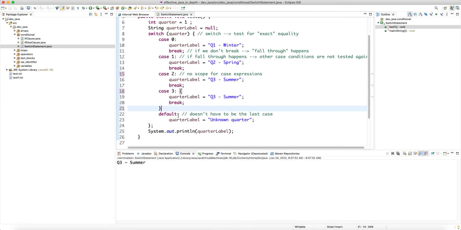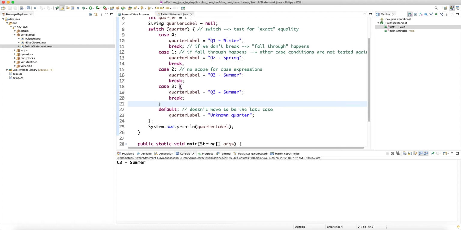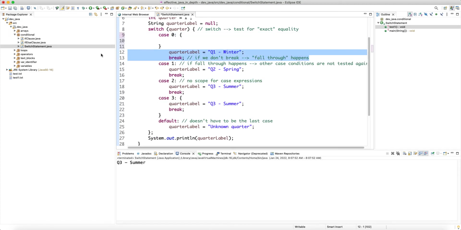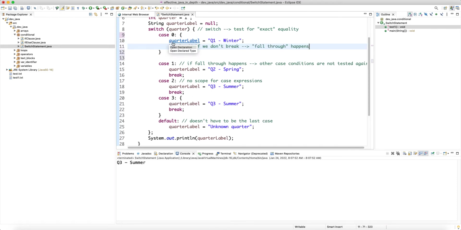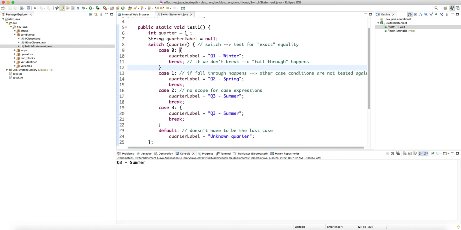And we can do this with case, but it's not necessary, because again, when the first match happens, the other tests are, it's like they're not there anymore, so they become invisible. So we could in fact create a scope, but the best practice or the recommended style of coding is that you don't really need the